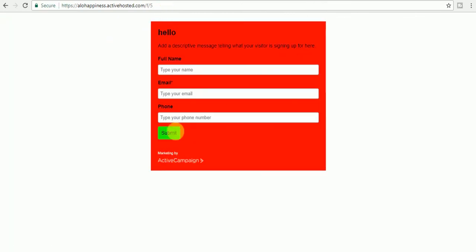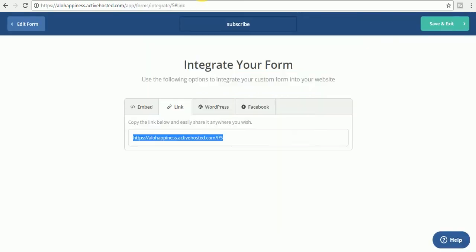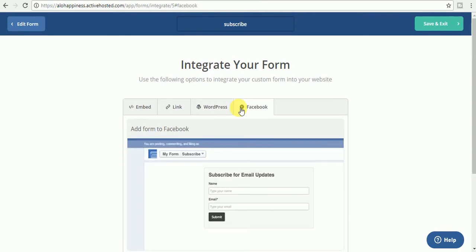There. So you can actually see that there is a link that has been created to your form, where you can just use this link, post it on your Facebook ad or your Google ad or whatever, and it will take them to this particular form. You don't even need a website. That's the beauty of ActiveCampaign. You can integrate with WordPress or Facebook as well. And yeah, let's go back,